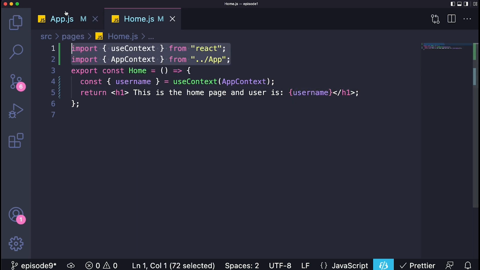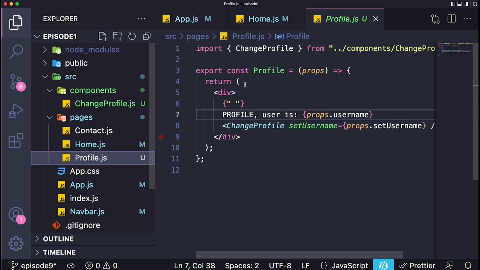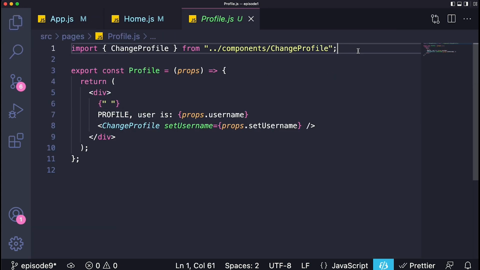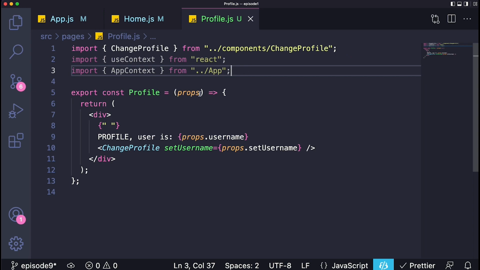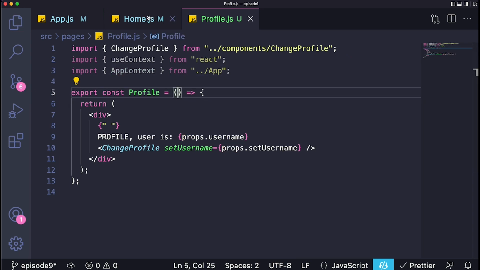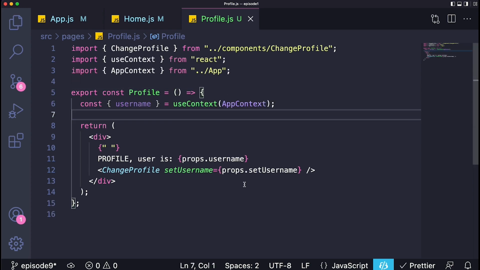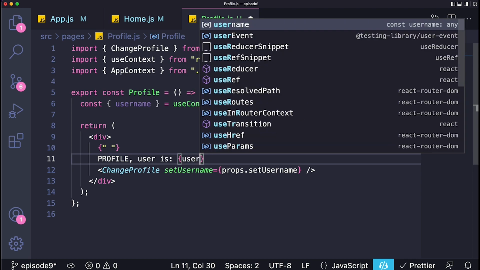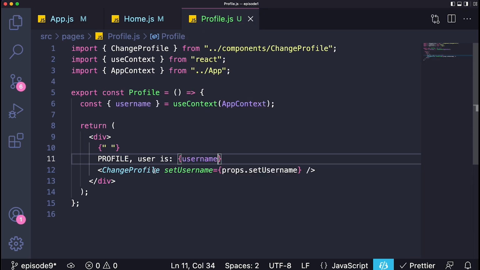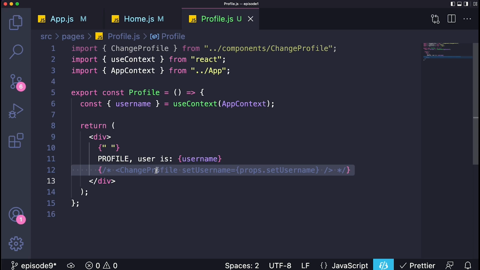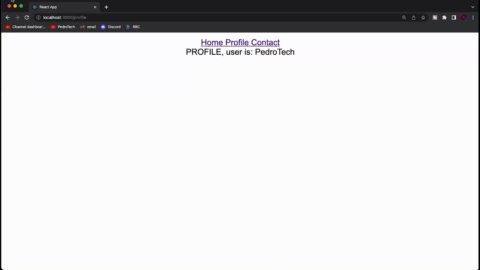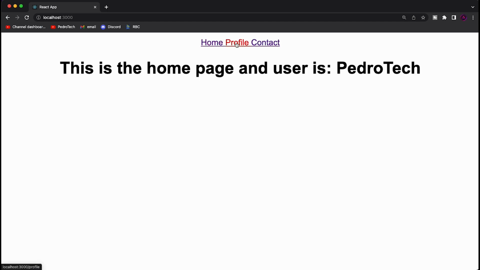I'll do the exact same thing with the profile one because we also need to have access to this information. But you can see we're not using props, but we are getting the information. So I'll say username, and I'll just display the username. For now, I'll just show you guys that this is working, and I'll comment the change profile. But you'll see that it is still working, right? It still says PedroTech on the home one, and it still says PedroTech on the profile one,